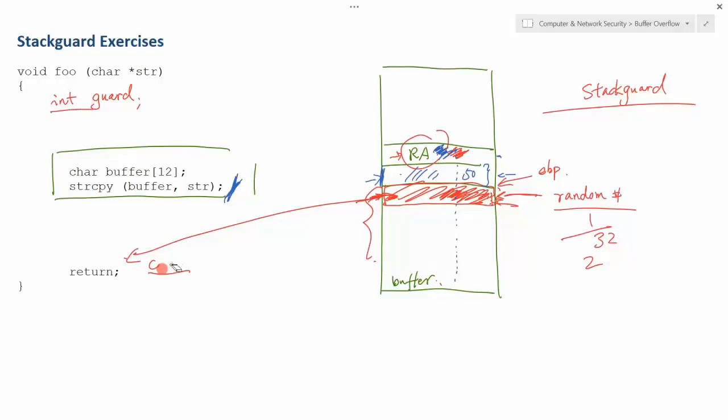So we're going to do that. And now before we return, we're going to check if guard is equal to something. And of course we need to actually initialize guard equal to something, right? So let's say equal to x.